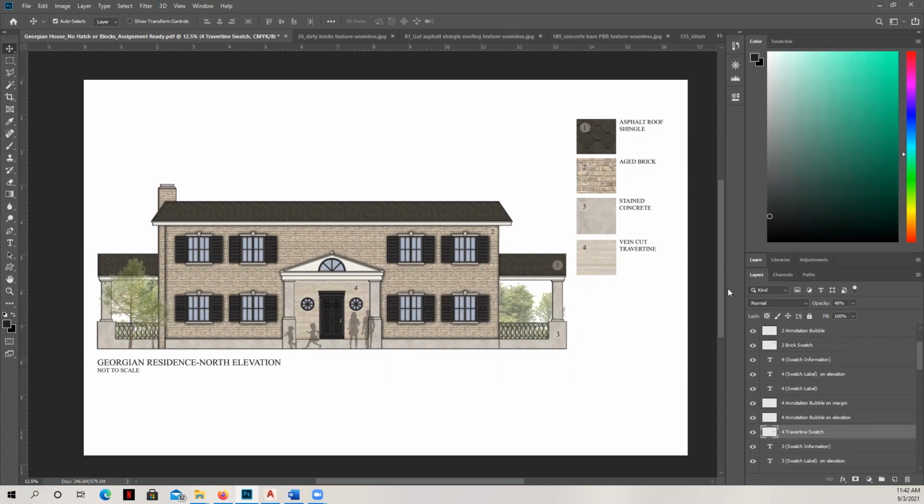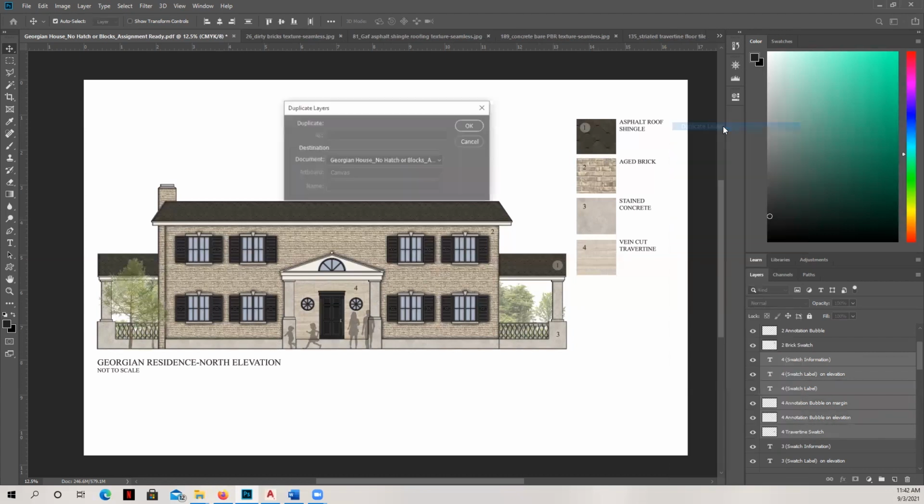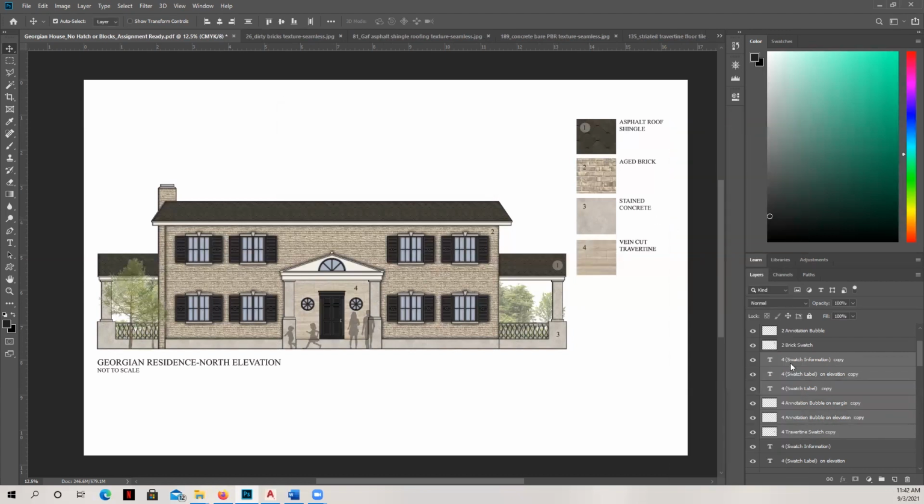So now as I'm going to create my paint swatches here, there are 2 more I had to do, which are the paint colors, the one here and the one here. I'm going to show you how to do one of them now. The first thing I'm going to do is grab the layers that I've already selected, holding down my shift button and grabbing them all. Then I'm going to right click, duplicate and hit OK. Now you can see everything has a copy at the end.